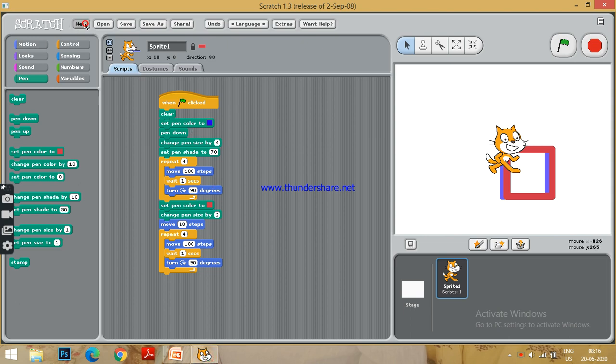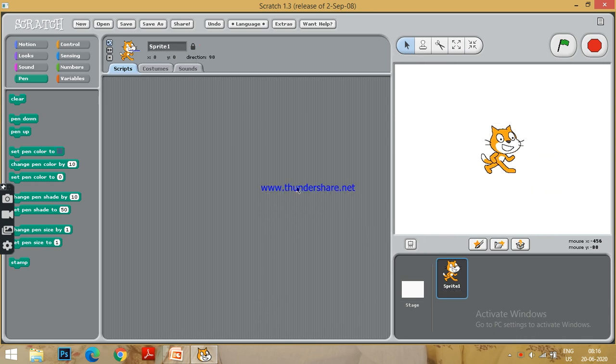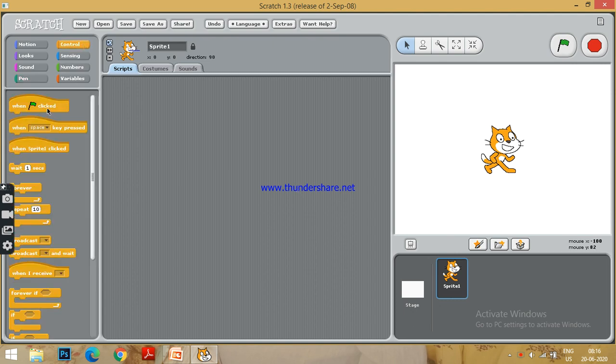So we will start a new project. I don't want to save it. Okay, so here you have the Scratch software, and I have taken the pen option. But to start this, the very first block required is the green flag, that is, when flag clicked.